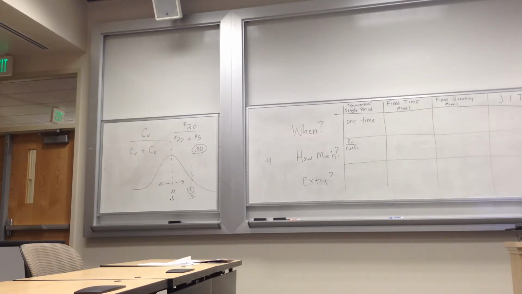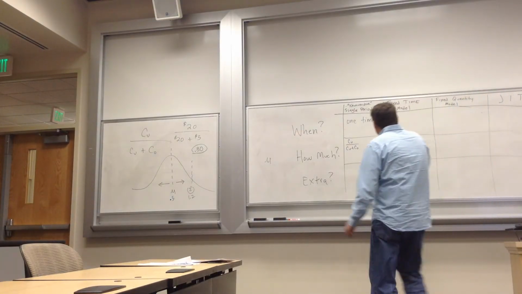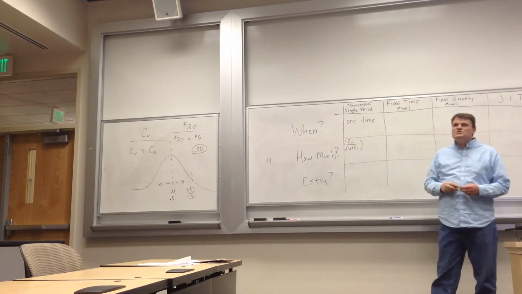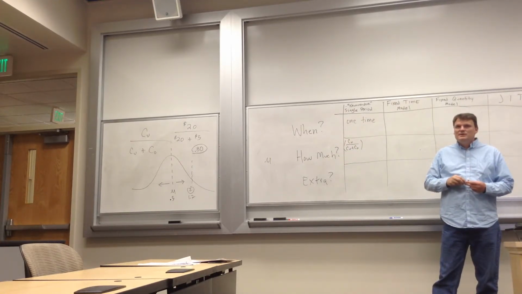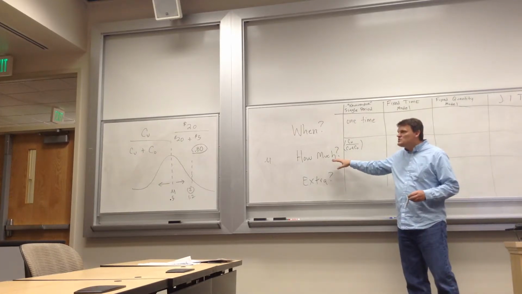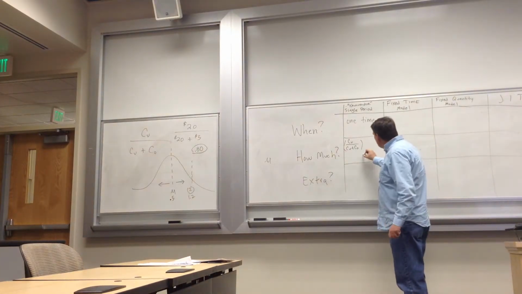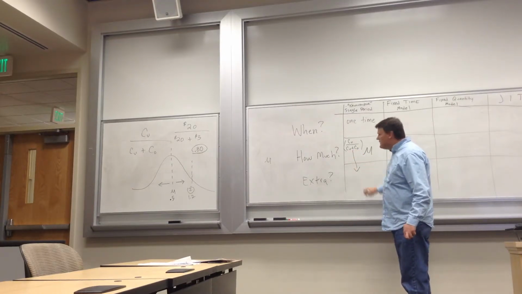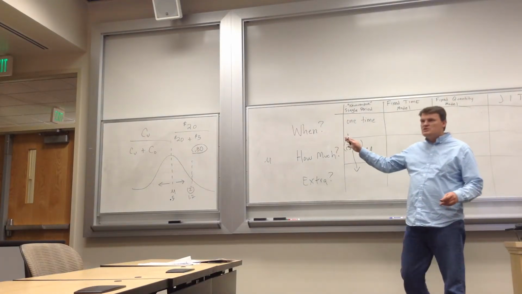So how much do we order? It's defined by the cost to overestimate and underestimate. How much extra should we carry in this? The nice thing about this is that it tells us, generally, we're going to carry the average. How much extra we carry is determined by that cost to overestimate or underestimate.